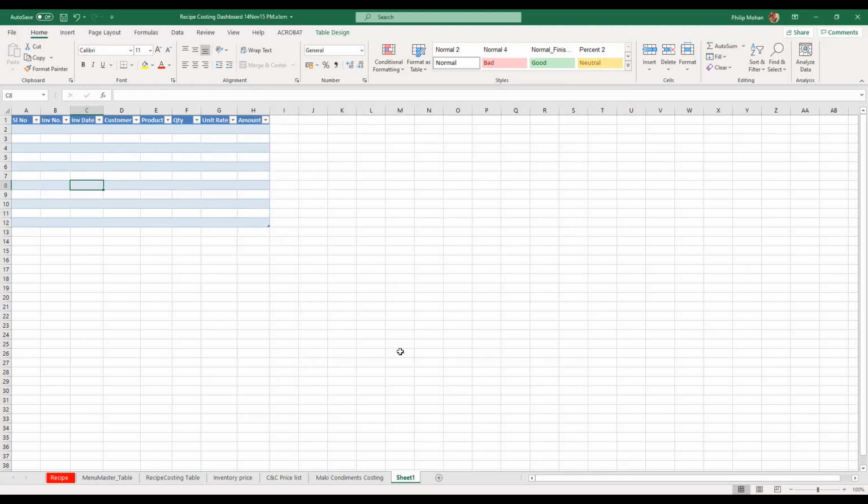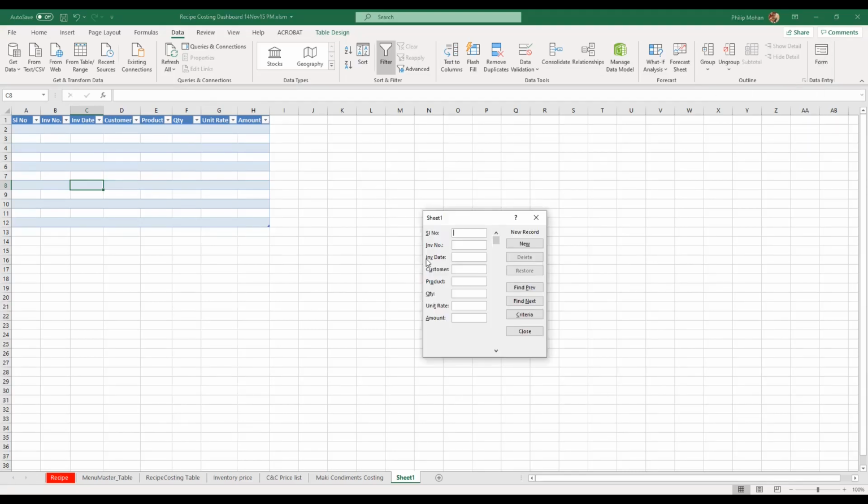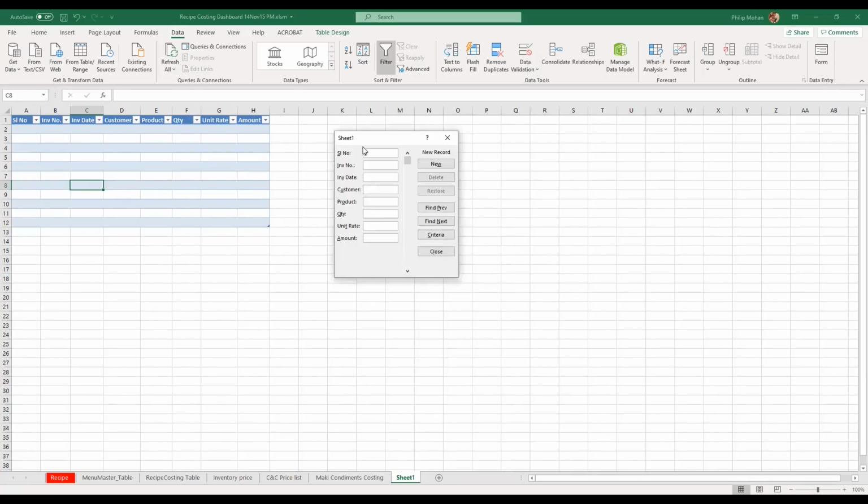Right? And what happens then is, remember I put it under data, okay? So if I click under data, on the extreme right, you see the form, okay? Right, so inside this, I can just click the form. Oh, thank God. Okay, so exactly what the headings we put there have come here. It's already selected on new record. So let me say one.